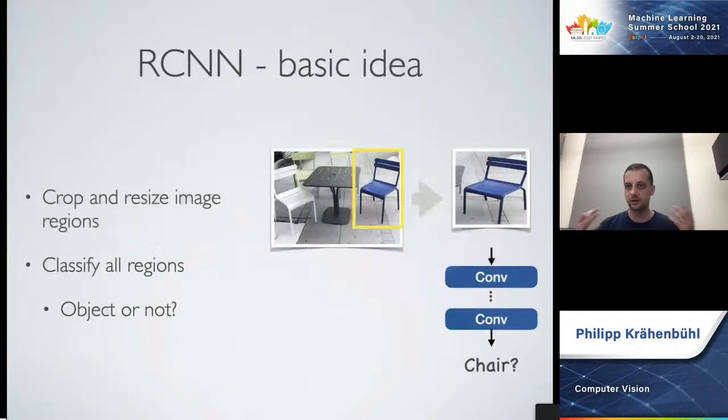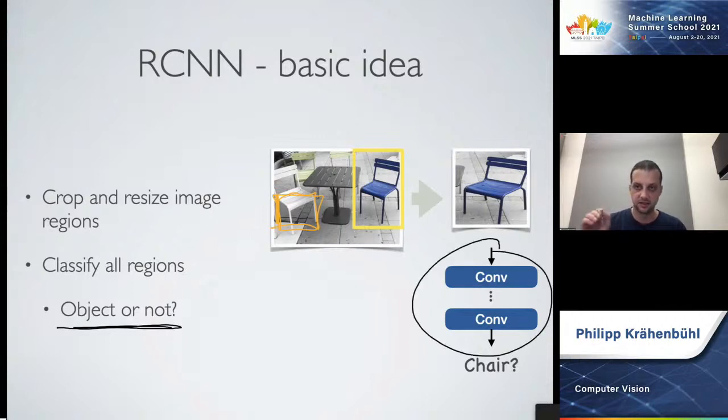Now, one of the immediate things is, well, what happens if we crop out a partial region? Is this here going to be a chair? Or how do we even enumerate all possible regions to do this is-this-an-object-or-not problem, right? So the basic setup is relatively simple. We crop out a single region and just ask, is this an object or not, using a convolutional neural network, right? This is the machine learning part.